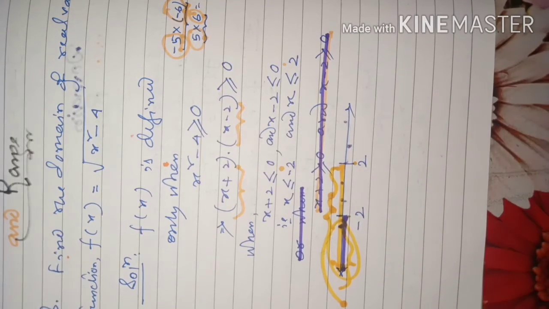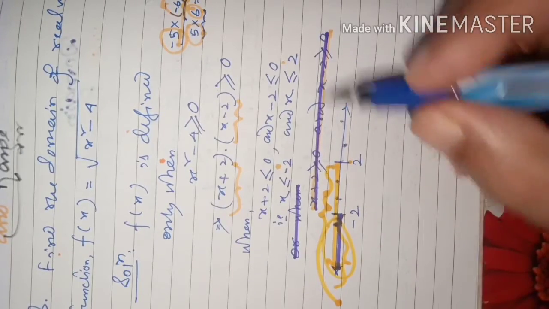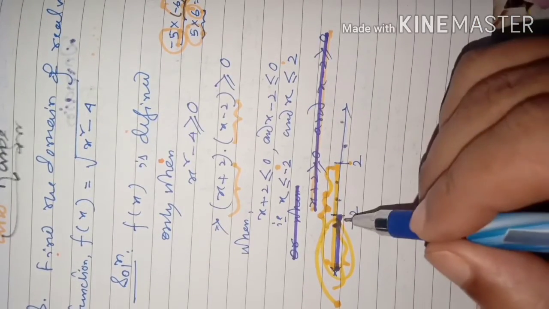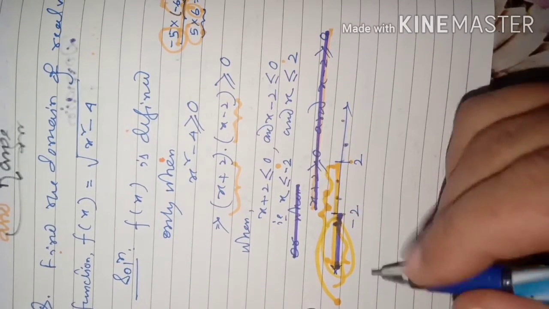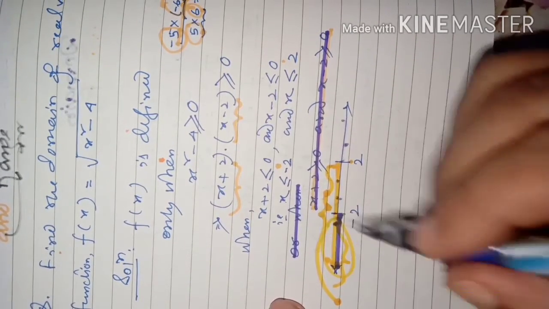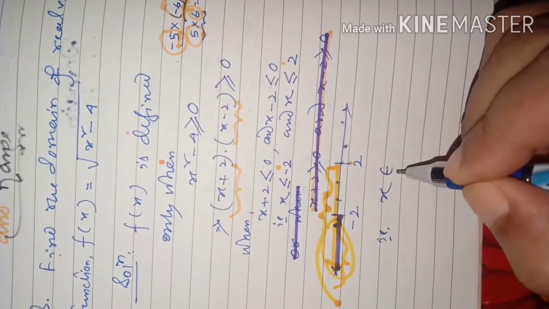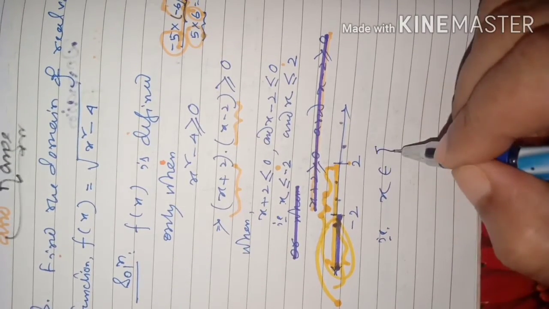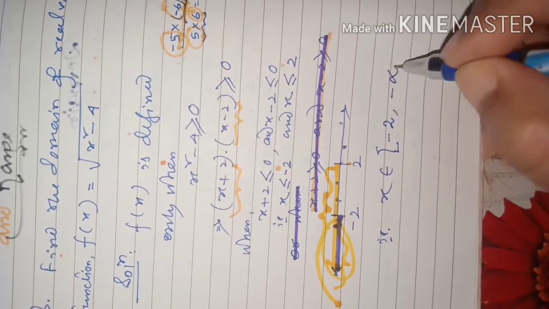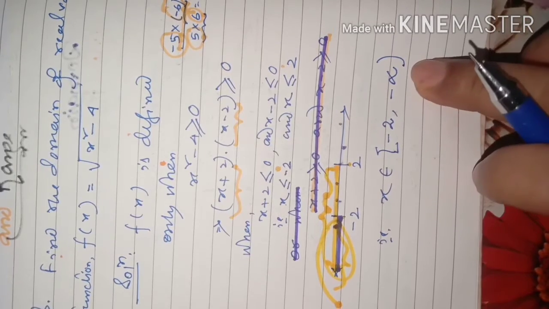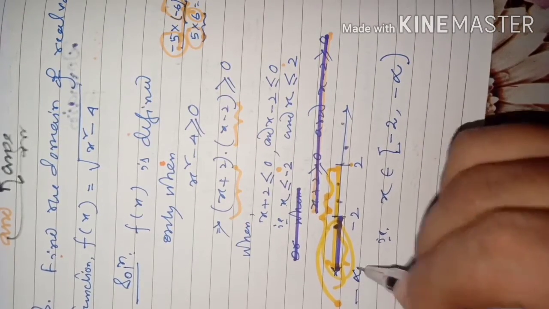So when we combine both these, x less than minus 2 and x less than plus 2, it tells us that it is minus 2 and minus infinity, that side. This whole thing represents, that is, from this what you can say, that x belongs to minus infinity to minus 2, including minus 2, with an open bracket at minus infinity, because minus infinity is not a number.